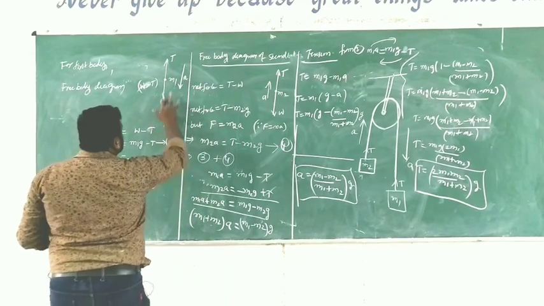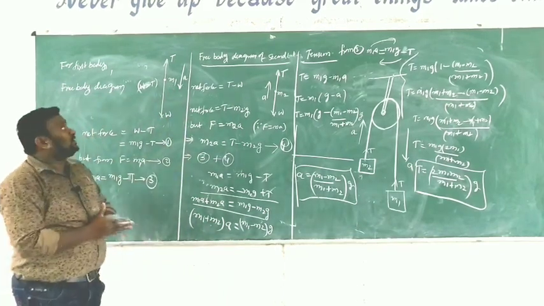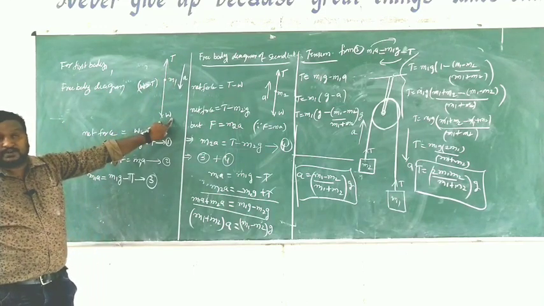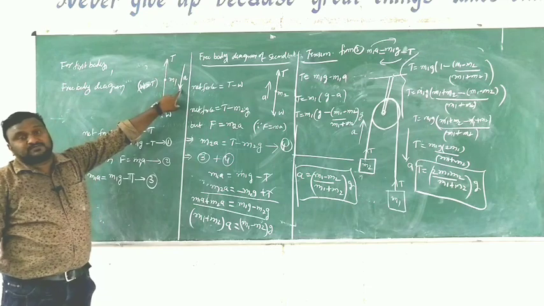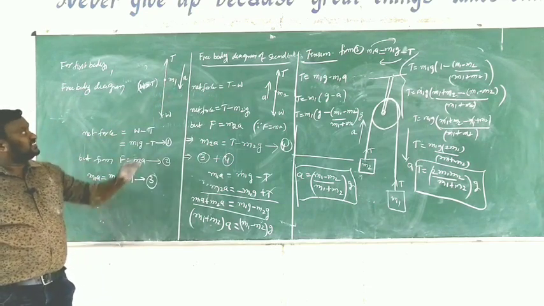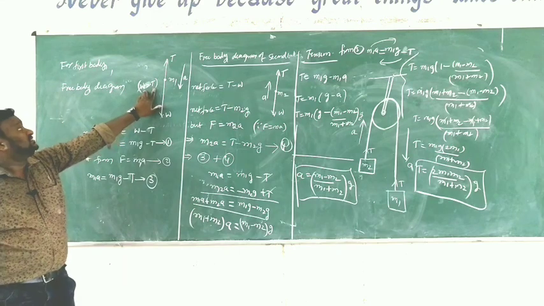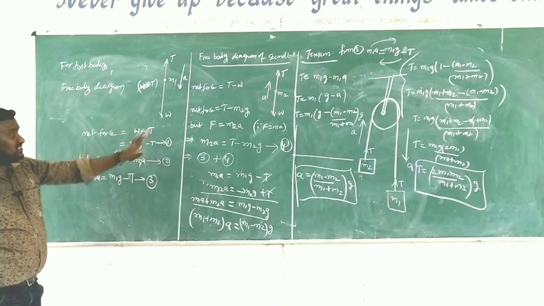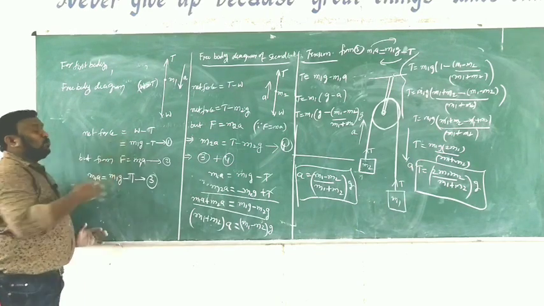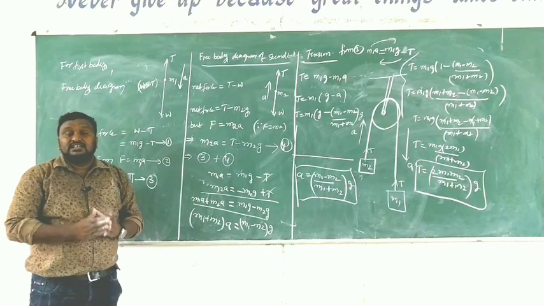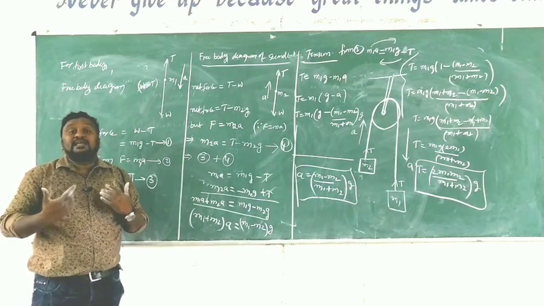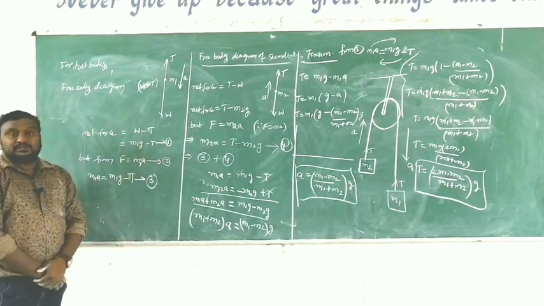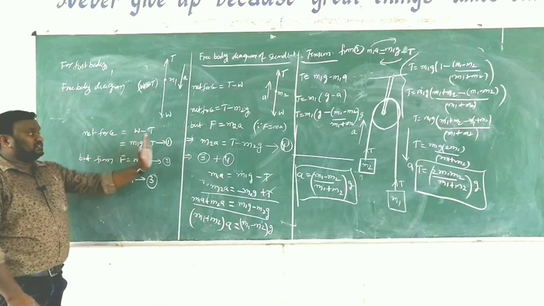Here now this is the first body of mass m1. Children, look carefully. This is the tension in the upward direction and W is the weight in the downward direction, and the body is moving downwards. That's why in this case weight is greater than the tension. So net force is equal to W minus T. W means weight, W is equal to mg. Instead of m we write m1, as the first body's mass is m1. So m1g minus T is equal to the net force, equation number 1.